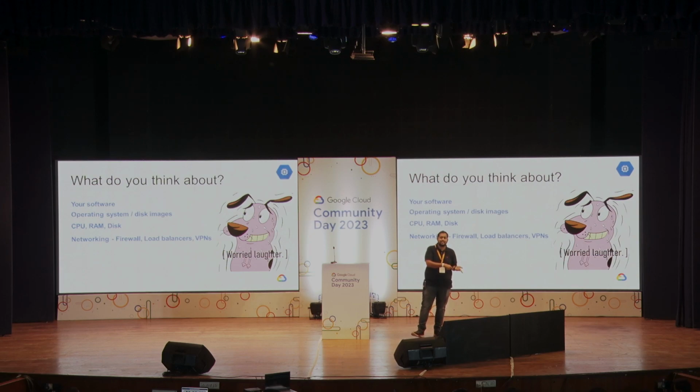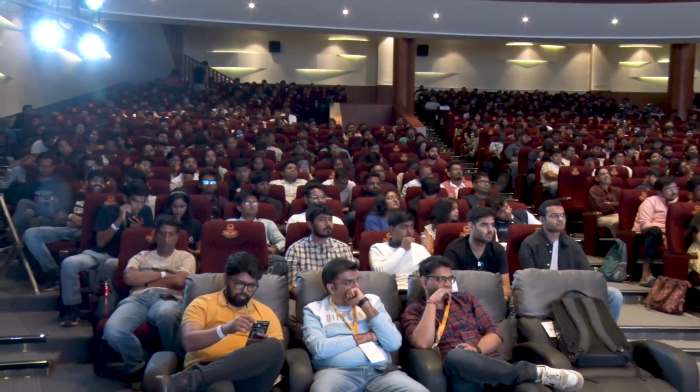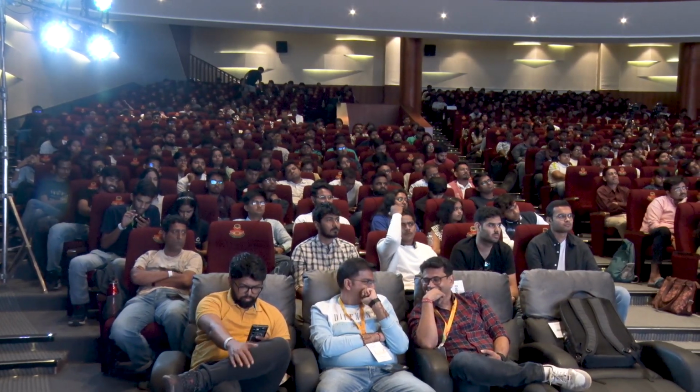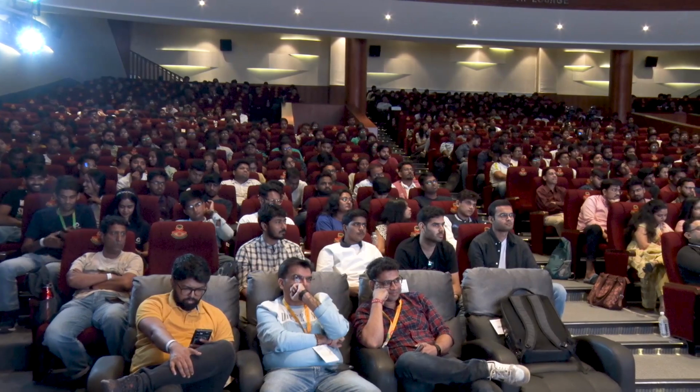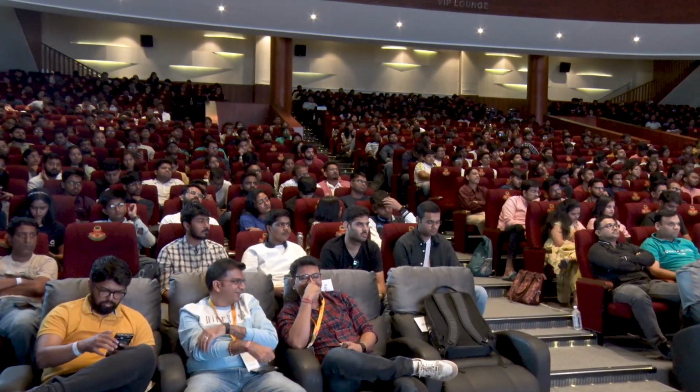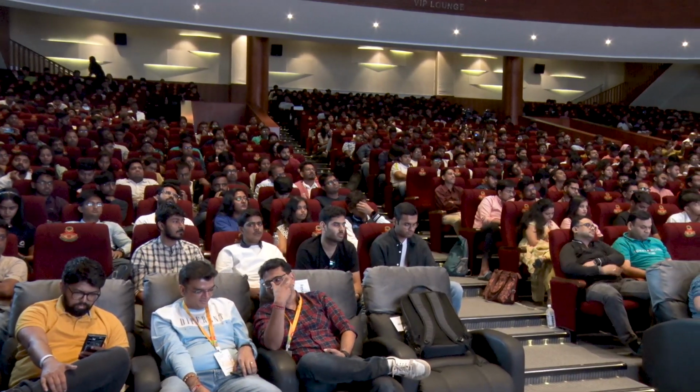If you put your application on Compute Engine, you will look like this, right? Because you'll have to think about a lot of things. Let's say you are moving from database 3. How many of you? Okay, MongoDB, right? It is going from 3.4 to 4.3. And they are deprecating the 3.4 version, right? So you will have to manually go there, do all the updates, and then you'll have to have downtime if things didn't work as well. So all of those small things you'll have to do manually. That's not such a good thing, right? And also firewall, load balancer, VPNs, all of those things you'll have to manage.